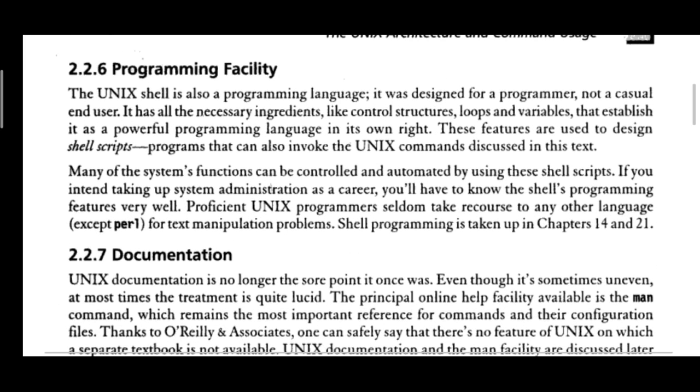Next is about the programming facilities. We can either interact directly with the shell using the command prompt, or we can even write files. Just recall your C programming or Java programming, where we used a Unix based operating system, Fedora. We created a file, stored it, then later compiled it using commands: cc filename dot c, and dot slash a dot out to check the output for the C program. Similarly for Java, javac program name dot java, then java followed by the program name to check the output.